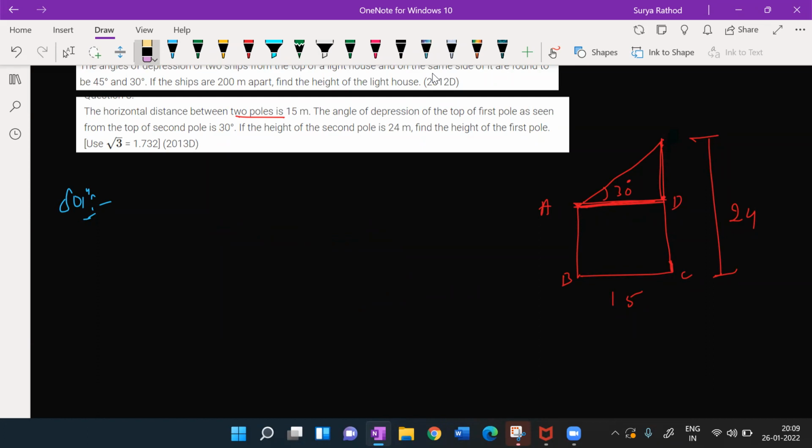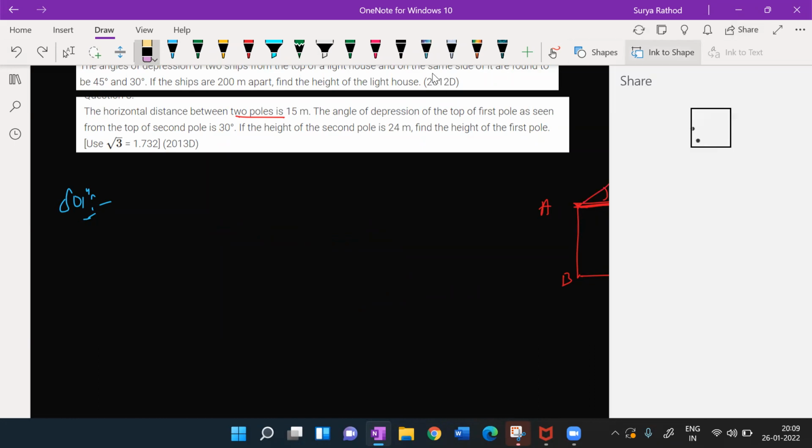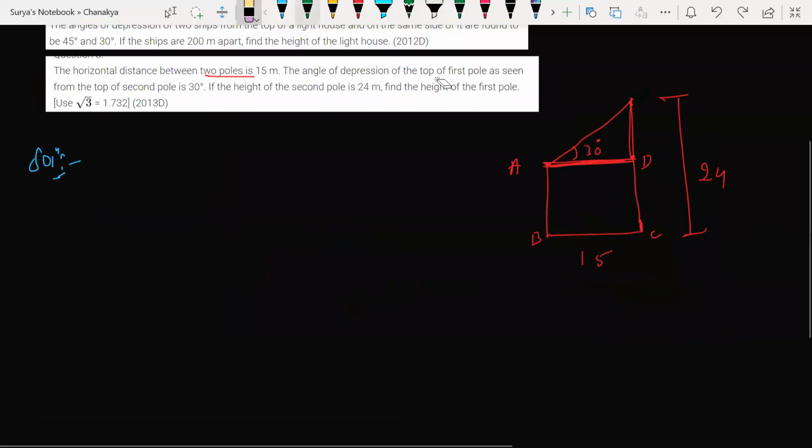Okay, so this is what. Oh, one second. It's a very easy question, not a big deal. But calculation, see, trigonometry, this is an application of trigonometry, it is all about how accurately you are calculating. Okay, so ये 15 होगा तो ये भी 15 होगा AD, right? And let's say this is my E point. So horizontal distance, everything he has given.